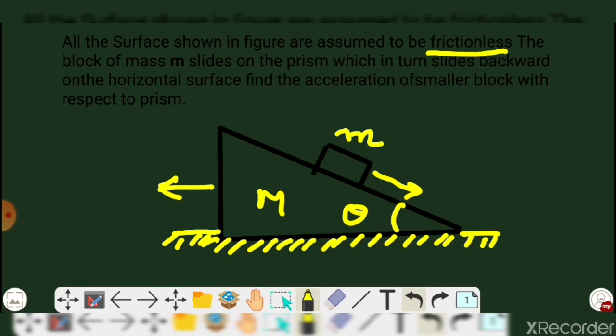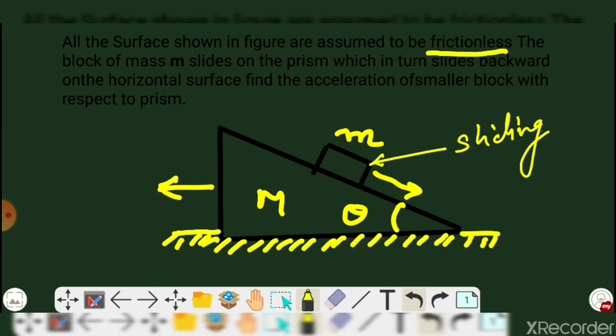So what is the basic example of a non-inertial frame? How can you say that it's a non-inertial frame? Gravitation. You have just dropped the ball, no force is applied on it, yet it has achieved acceleration. That is what we call a non-inertial frame of reference. The same concept we will apply over here. Since the surface is frictionless, it means no force is applied, and this block will keep on sliding on this surface, so we can consider it a non-inertial frame of reference. Fine, the block will be considered a non-inertial frame.